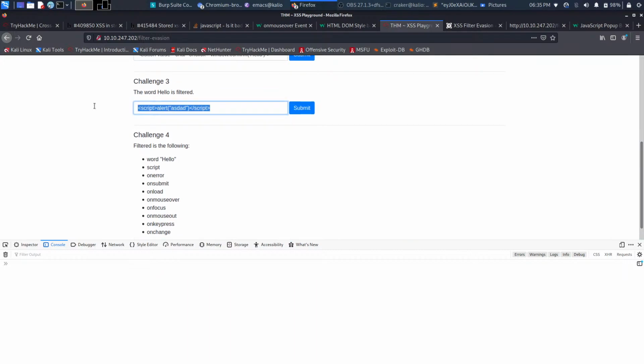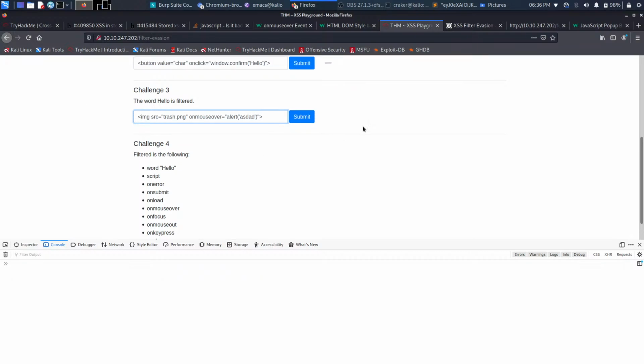Can I create that img there? Img source is equal to trash dot png, and then on mouse over is equal to... I can just add the script, right? And then yeah, that's it. I will have to add these single quotes. This also works, but